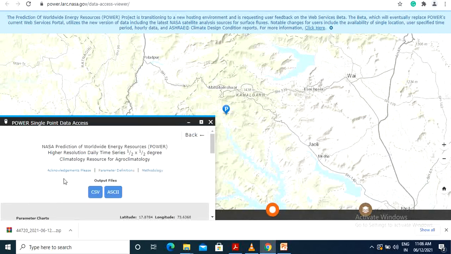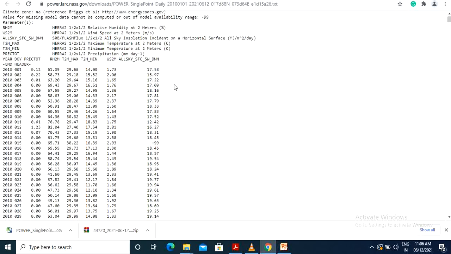Okay, so from this website we will be getting higher resolution data for 0.5 by 0.5 degree. So download the file. Both files are available, CSV as well as ASCII file. So download both. So this is the ASCII file format.